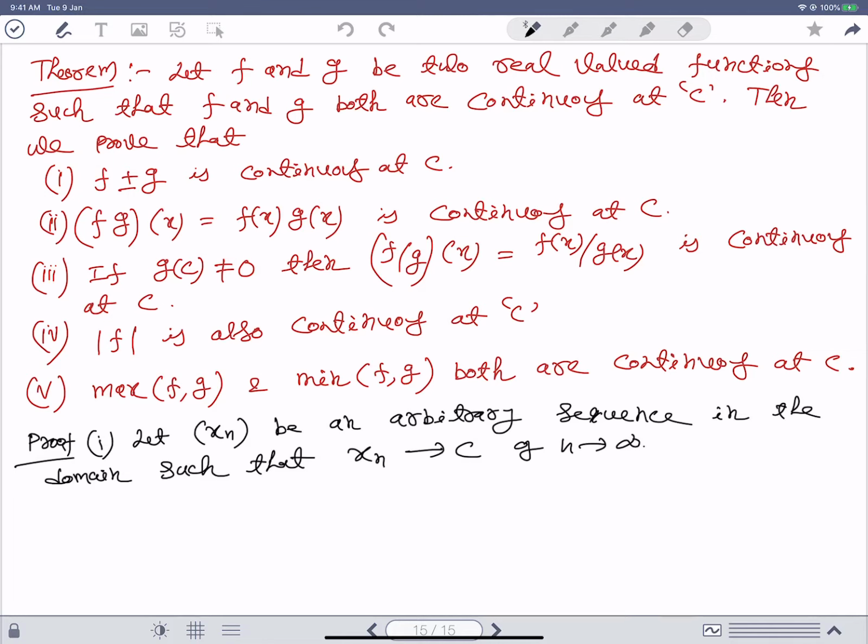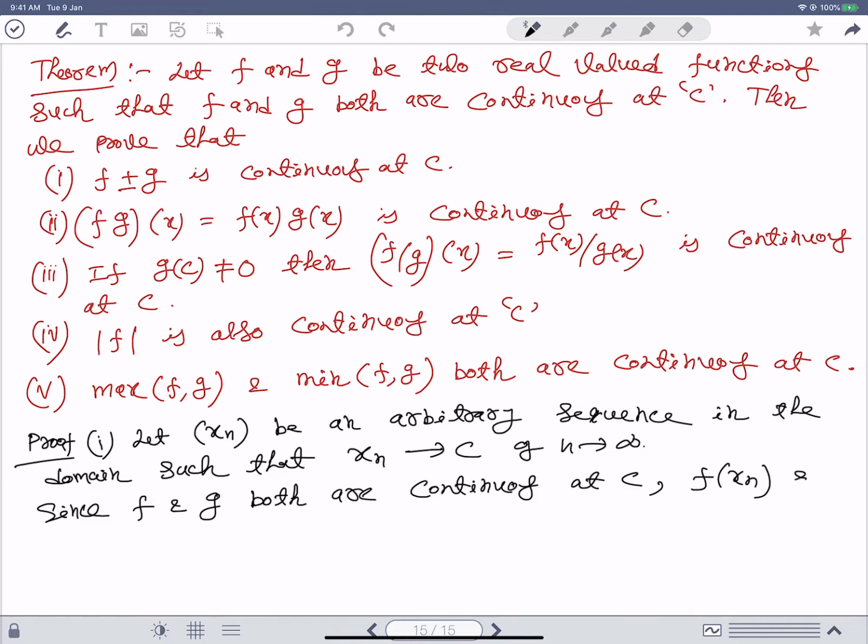Now it is given that f and g both are continuous at c. Now since f and g both are continuous at the point c, therefore f of xn and g of xn converge to f of c and g of c respectively,